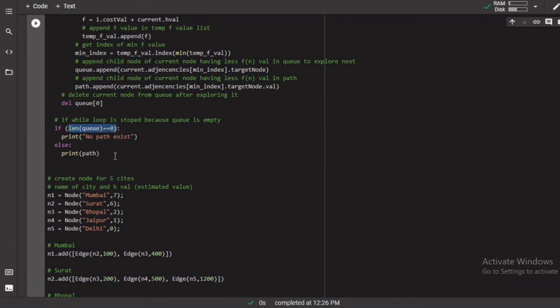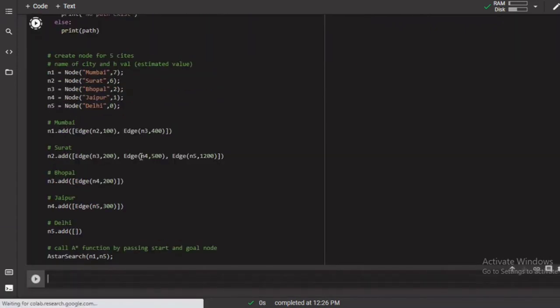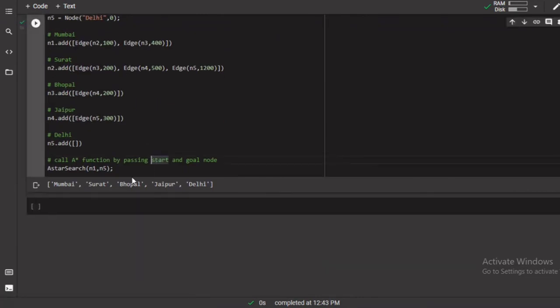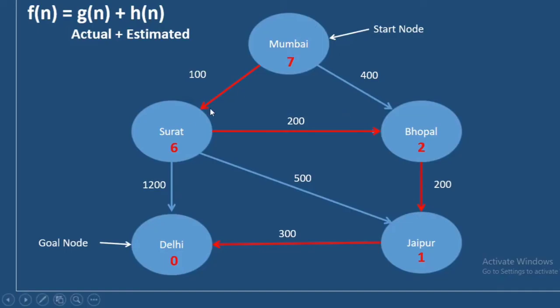So this particular while loop will break only if the queue is empty or the goal is found. So we need to check that if the while loop has stopped because the queue is empty, then we'll print that there is no element. If the while loop is